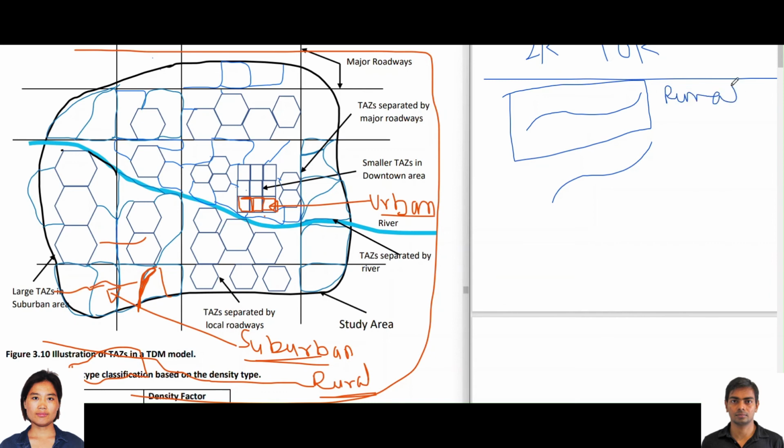So the speed and capacity of this link in a rural area will be different than, let's say we are going in future and this has become an urban area. So from rural, let's say there is more development and now we are in an urban area. So for the exact same link, the speed, capacity and other characteristics of the link will change. That's why we need to have a formula to relate the land use type to the speed and capacity